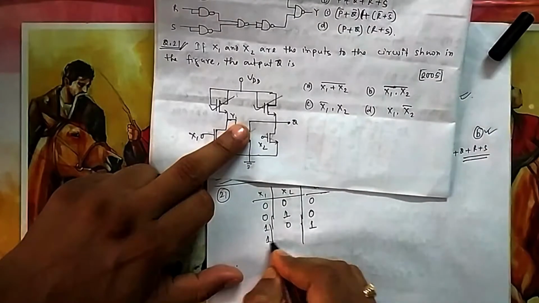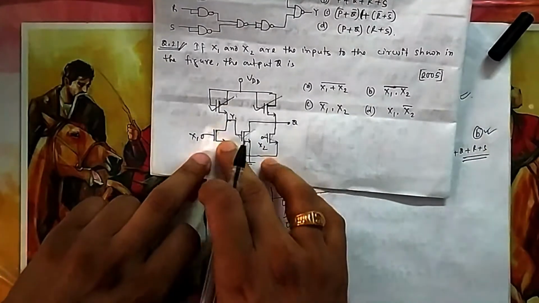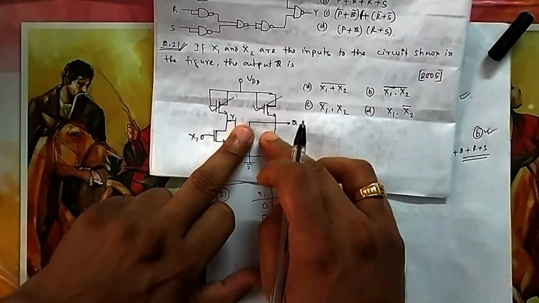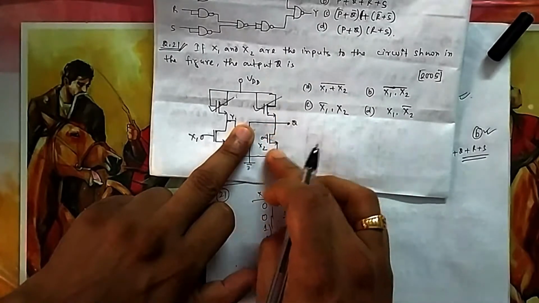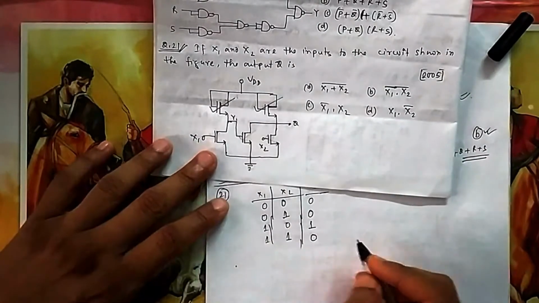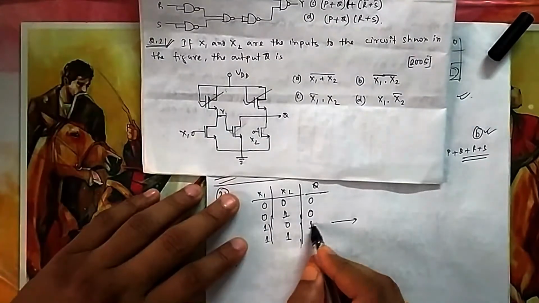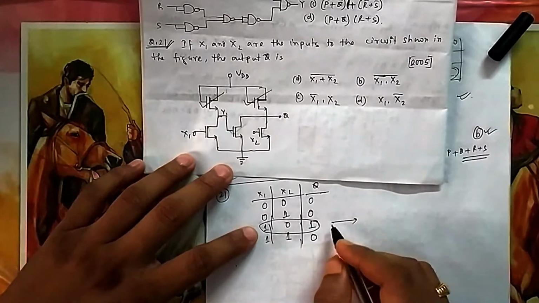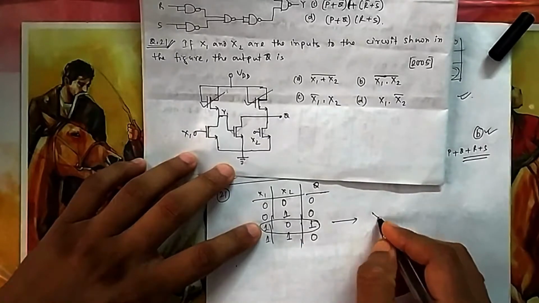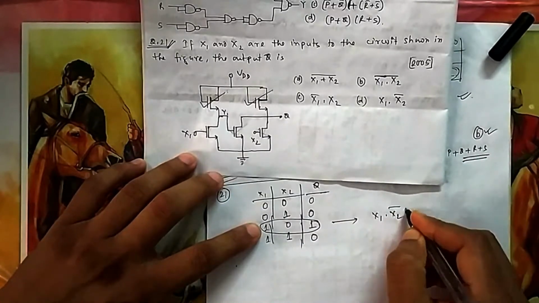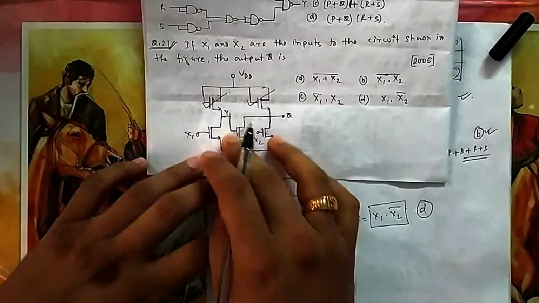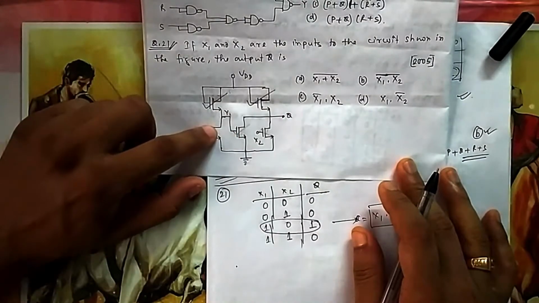Okay. Now if I give 1 1, because for 1 1 it was already on, this was off. So this junction you can think of as cut off. Now you connect this one on. If you make this one on, then this is again connected to ground. So it is 0. So this is your truth table. So how will we write the expression? So only this one is giving me output. So you can write a K-map, and you can write the output for only 1 0 there. So it will be x1 into x2 bar. That is your option D. So your output Q will look like this. You think just transistor. You give pulse, this is on. You don't give pulse, this is off.